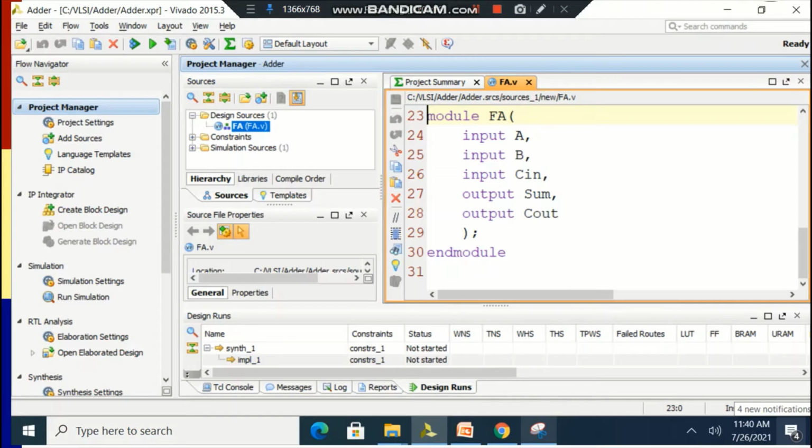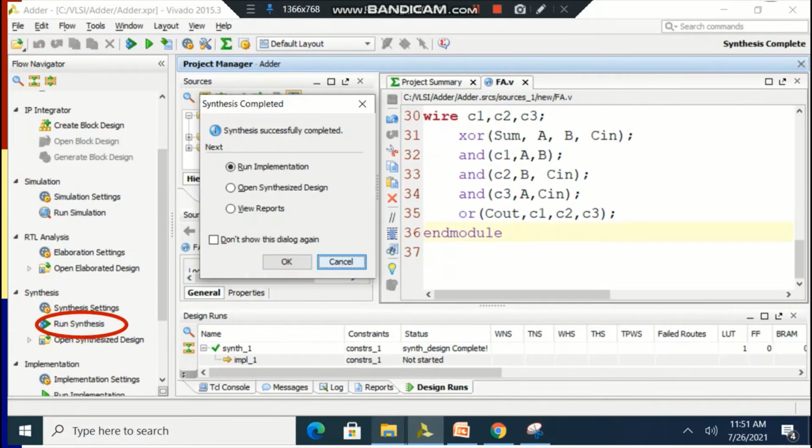So before end module, we need to add those lines. So over here we will define one XOR gate with 3 input A, B, Cin and sum as output. Before defining XOR, we have already declared one wire on line number 30, that is wire C1, C2, C3.